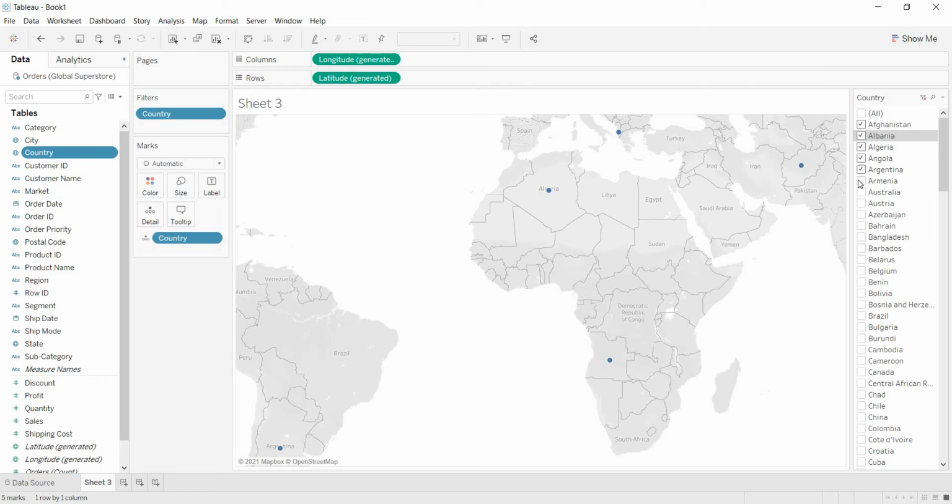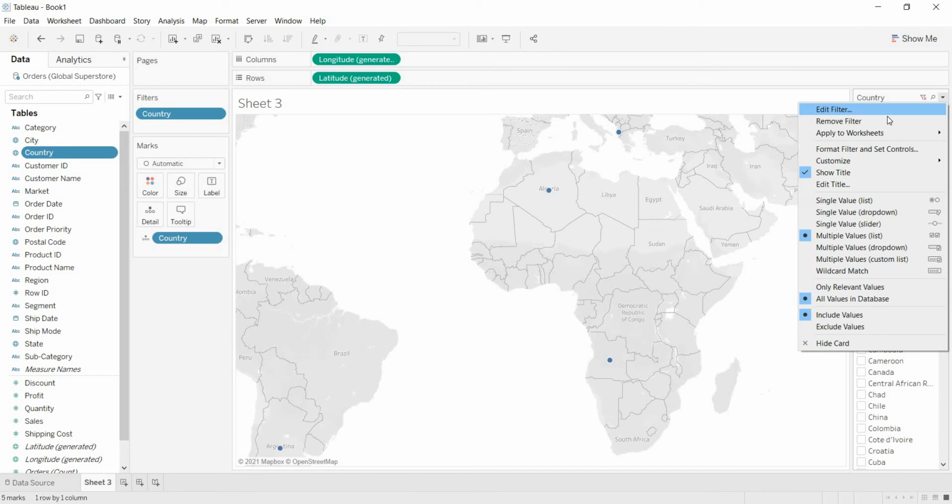And see here, when you are using the filter, only the selected will be shown and all others will be hidden. But my requirement is that all others that are not selected in this list should be shown in the view with the same shape. That means the others should be shown in the same shape and the selected members should show the respective flags of the countries. Okay, how to achieve that?